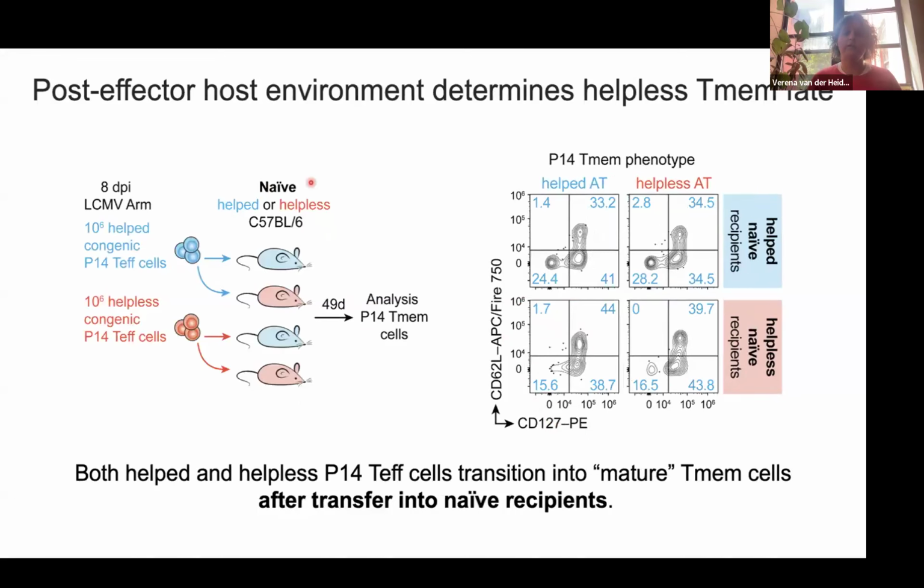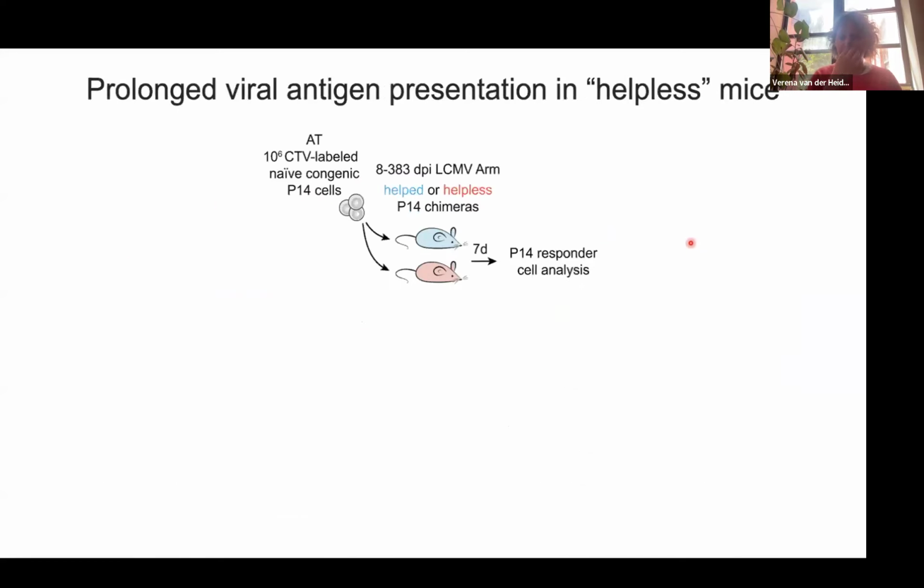We also tested it by transferring the same cells into naive mice. So there is technically no inflammation, but also no antigen in these mice. In that case, the helped P14 develop completely normally, like they should, and the helpless P14 also develop normally, indicating that the post-effector environment is very important for the development of helpless memory. So we were assuming that maybe it is antigen, it could also be inflammation, but